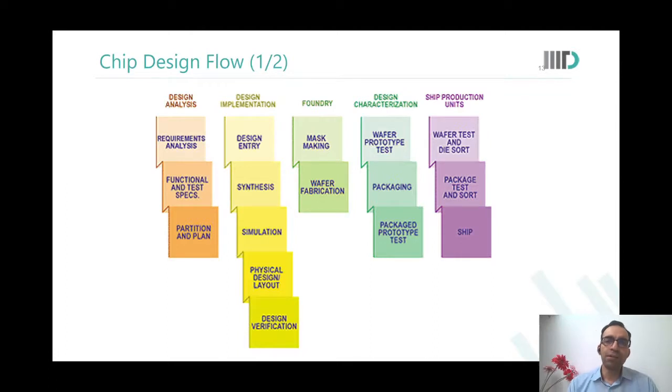Once we are sure that the chip that we have designed, the layout that we have designed, is really good to go, we send it to the foundry. The foundry first sends it to the mask shop where masks are made. Once the masks are available, you start the wafer fabrication. Depending on the technology, there could be 39 masks, 28 masks, 47 masks, or 60 masks that a wafer would need to go through to make the entire design. It depends on the technology and the choices you have made regarding the design.